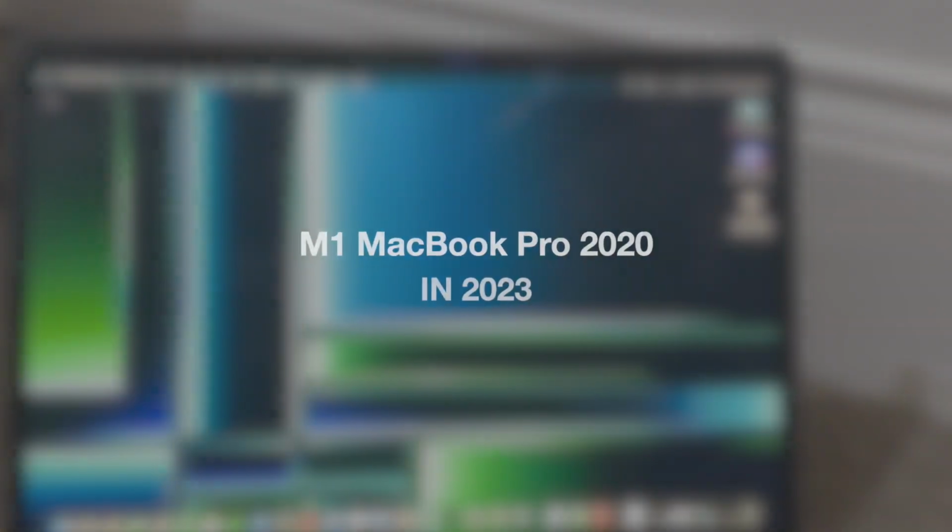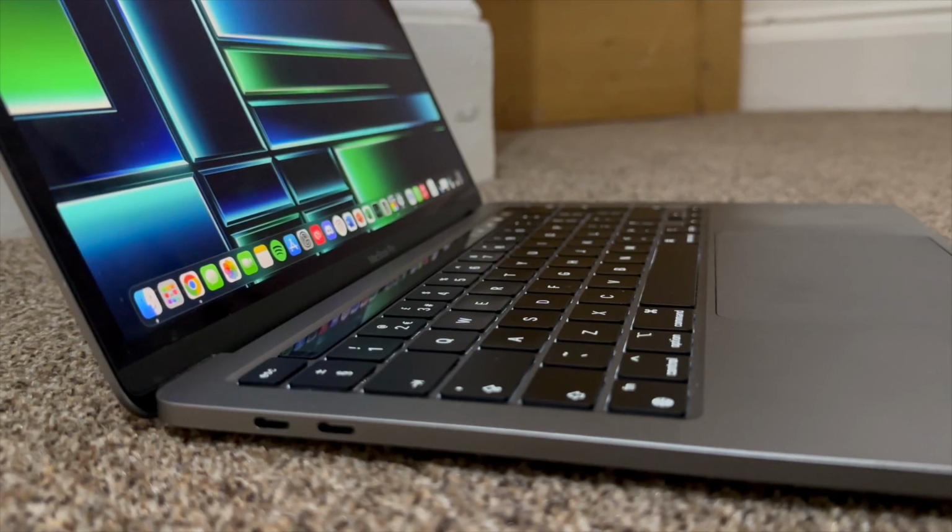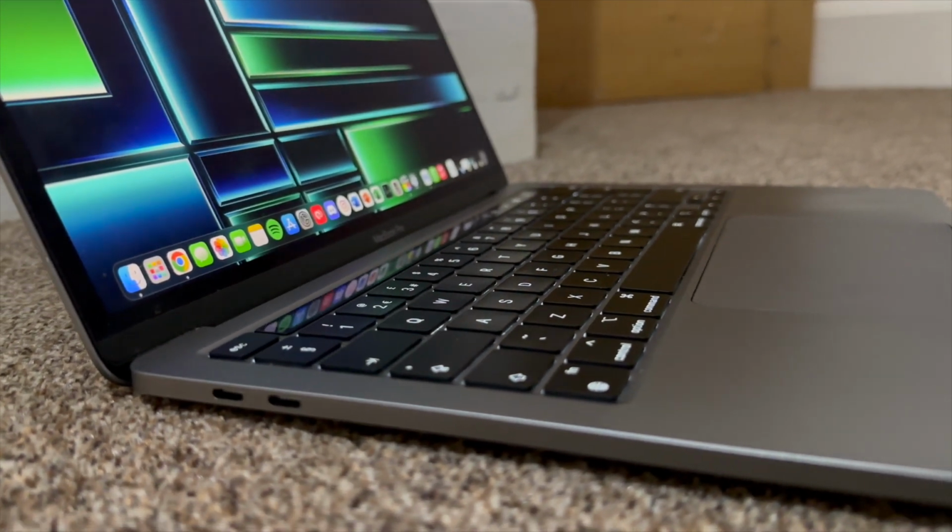Today we're going to be talking about the M1 MacBook Pro in 2023. This laptop is still fast, reliable and responsive. Now the first thing I'd say is that this laptop is going to depend on what use case you use. If it is going to be mainly for media consumption and going on the internet, this laptop is going to